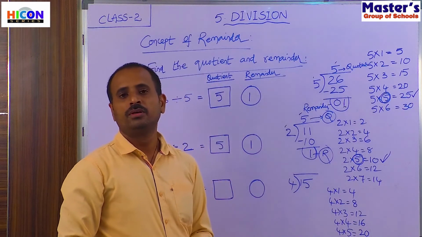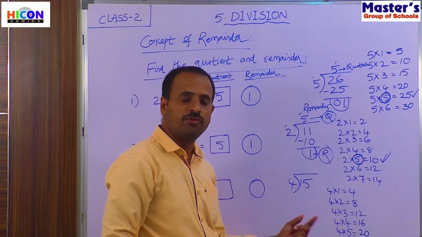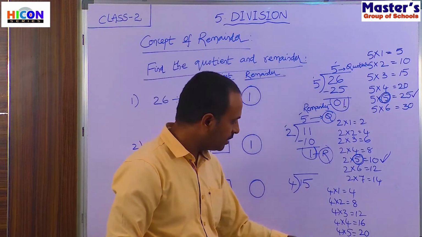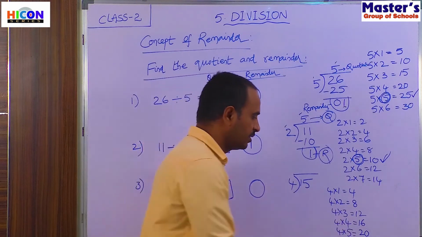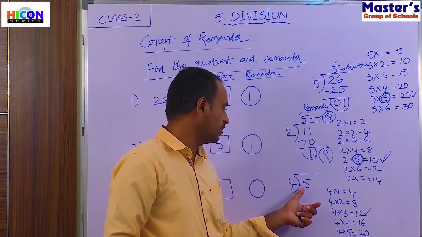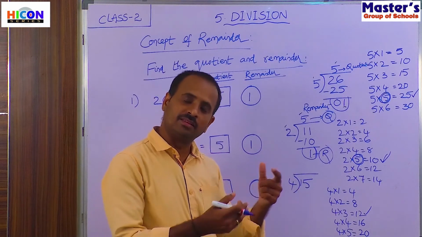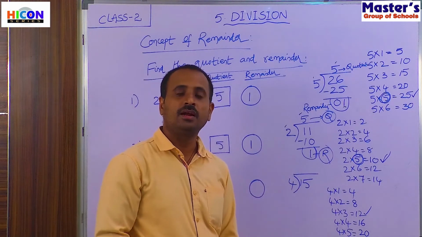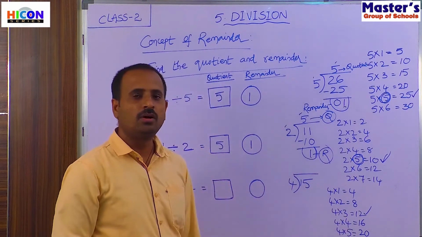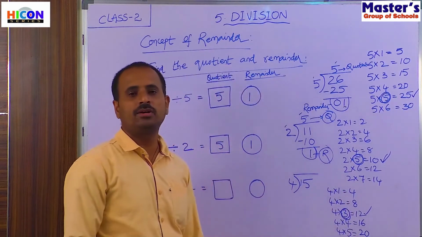So what do we have to do? If you did not get the number 15 in the table, just take its before number. So what is the before number for 15 here? The before number for 15 is 14, but there is no 14. And the before number for 14 is 13, and there is no 13. And the before number for 13 is 12, so there is 12. So take 12. How many times do we have to take to get 12? We have to take 3 times to get 12.